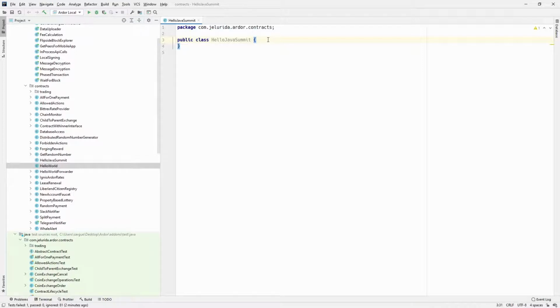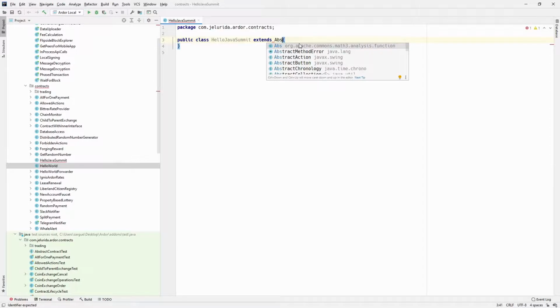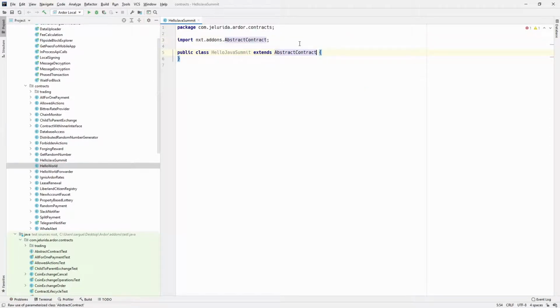So basically it's quite easy. You just need to extend from AbstractContract, and you don't need these two parameters in this example.